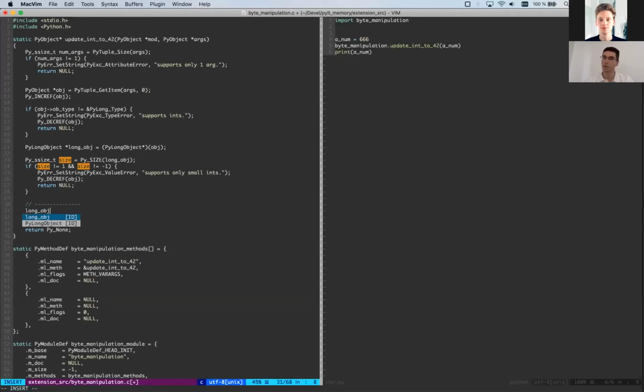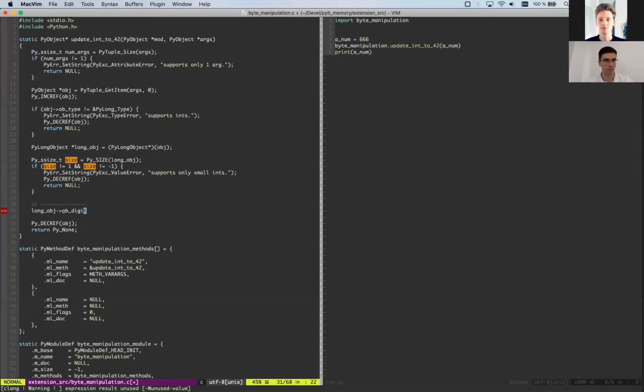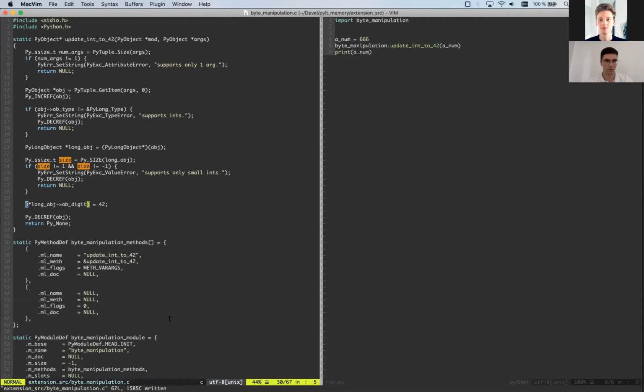So now it's safe to start hacking on it. And it's not gonna be very complicated. I'm just gonna enter anything I want into this array where the number actually is stored in the memory. So I'm gonna just assign 42 and that's it.